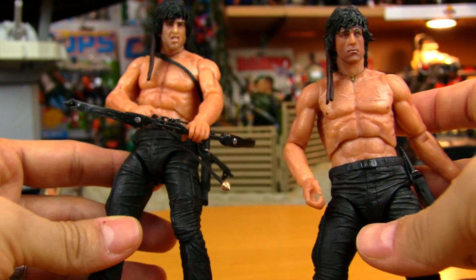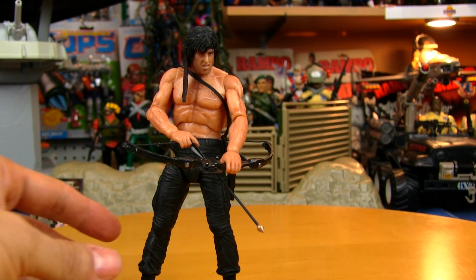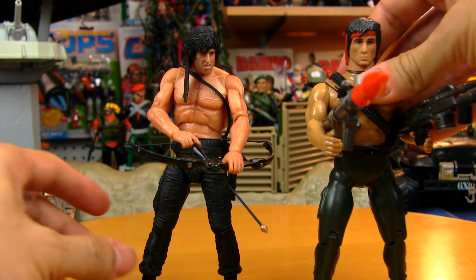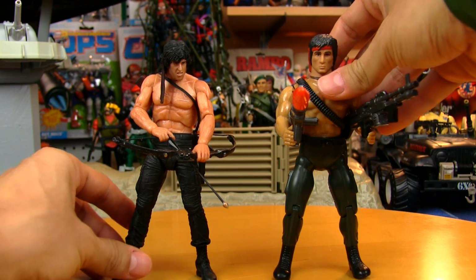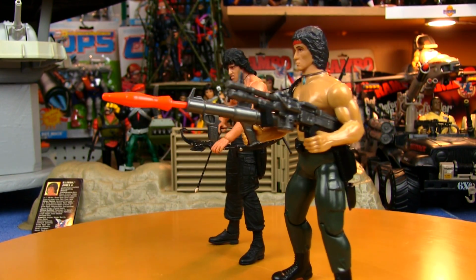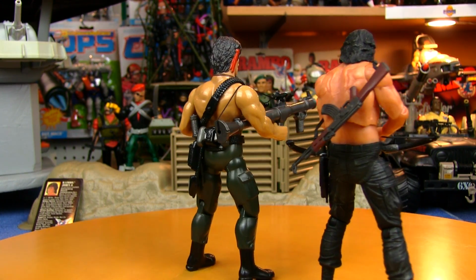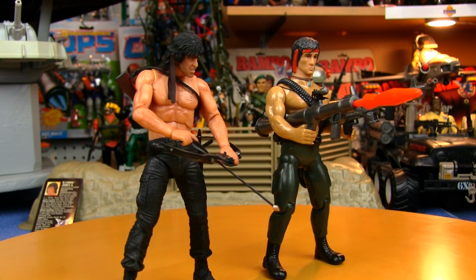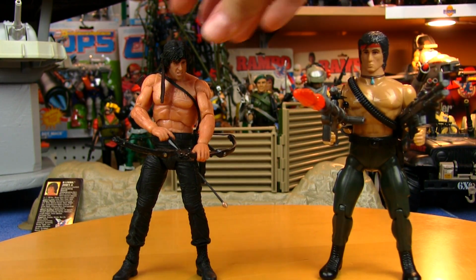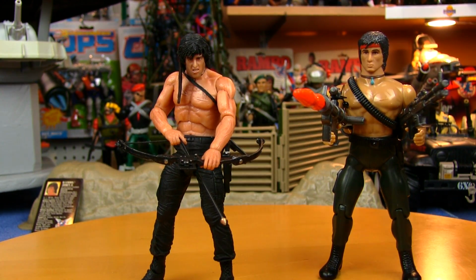So that is San Diego Comic-Con version with the original NECA, and then another comparison, it's the original Coleco Force of Freedom Rambo, and it's interesting that they're both the same height. They're actually the same size. So that means that this guy actually does fit in Force of Freedom vehicles, like